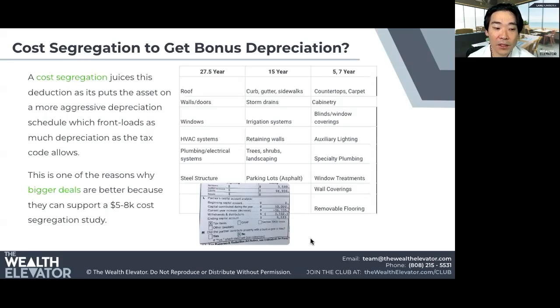And depending what the bonus depreciation laws are at the time, like in 2016 to 2026, I think it phases out. I think it'll probably get extended again. They're saying that you can take pretty much all of the 5 to 7 year and a good portion of the 15 year all in the first year, which really front loads a lot of this depreciation. And this is why bigger deals are better, because you can get a lot of these losses quicker. Now, we'll get into some of the specifics, but it's better to get a deduction sooner rather than later because of time value of money.